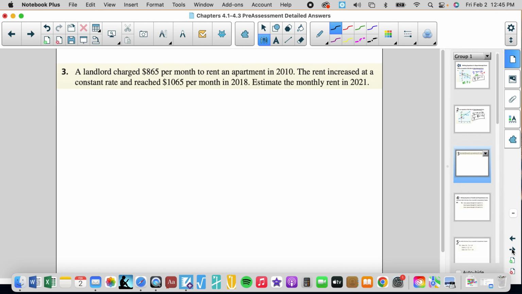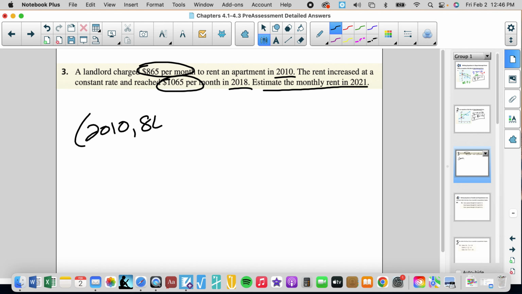A landlord charged $865 per month to rent an apartment in 2010. That's a data point. The rent increased at a constant rate and reached $1,065 per month in 2018. Estimate the monthly rent in 2021. So a couple ways we can do it. We can look at these data points and we can say